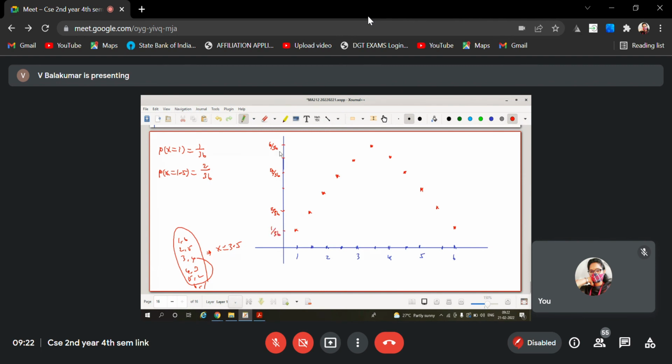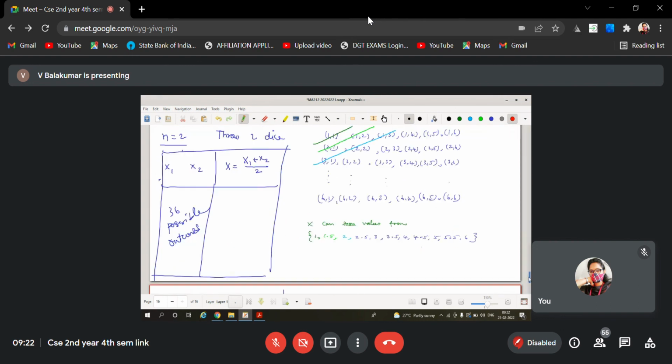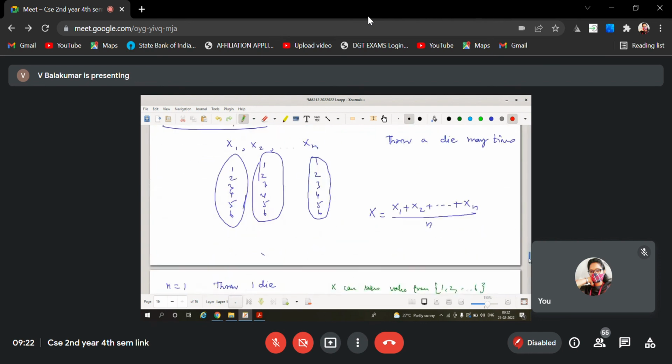Irrespective of these probability values, we just look at the picture. It looks like having a single peak, symmetrical about the peak. Whatever may be the experiment, if you talk about this average value, that new random variable will always follow a distribution that is a normal